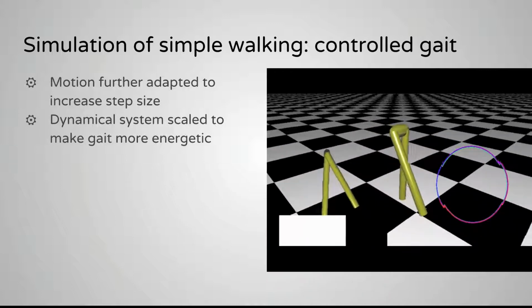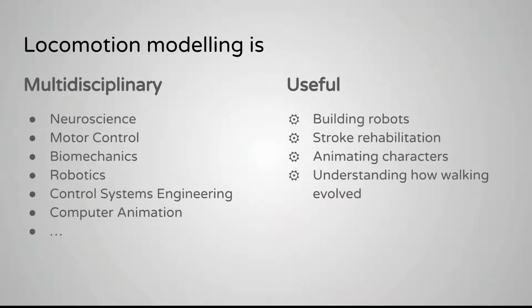which in this case is the passive dynamic walker. So to conclude, locomotion modeling is multidisciplinary, so there's quite a number of different discipline areas in that list, but we can certainly argue, based on some of the earlier stuff that I talked about, it's quite useful. It should be helpful in building bipedal robots, certainly. It is helpful in stroke rehabilitation. We'd like to apply it to character animation. And of course it's useful in understanding how